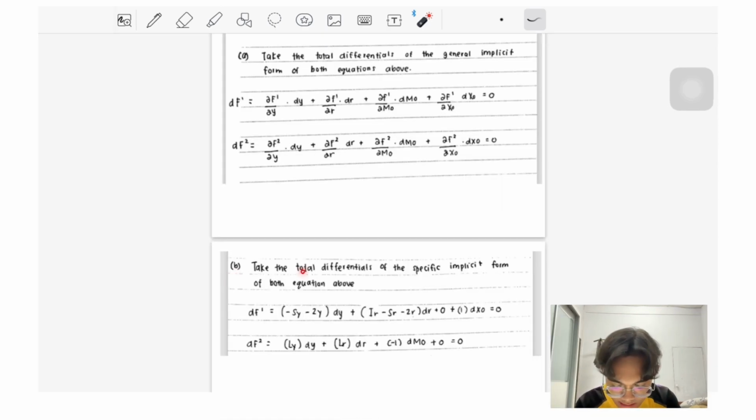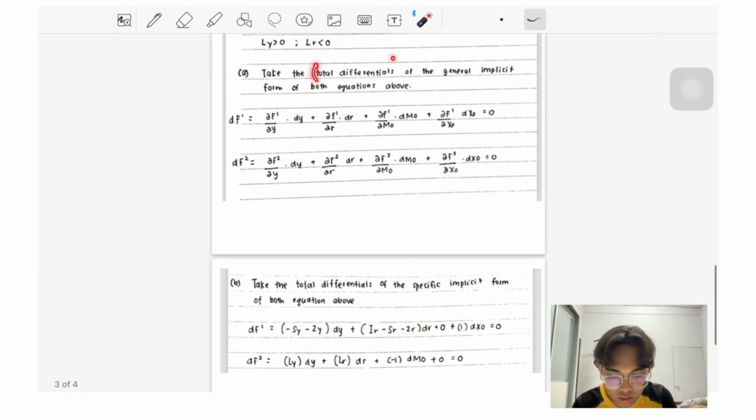So for the question B, take the total differential of the specific implicit form of both equations above. Just now we just find the total differential of the general implicit, and now we have to find the total differential of the specific implicit. So we can write df1 equal to 0, and then we have to find the partial derivative of f1 with respect to y times dy, and then partial derivative of f1 with respect to y equal to negative sy minus zy, and then times dy plus partial derivative of f1 with respect to r, we get the ir minus sr minus zr times dr, and then plus partial